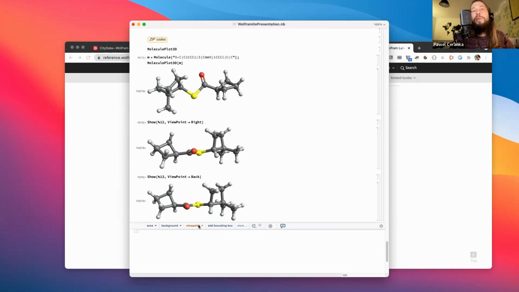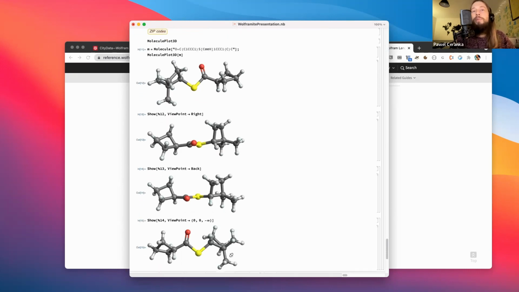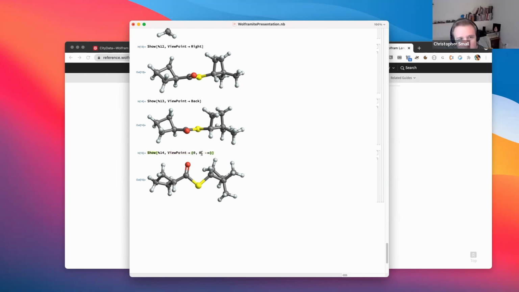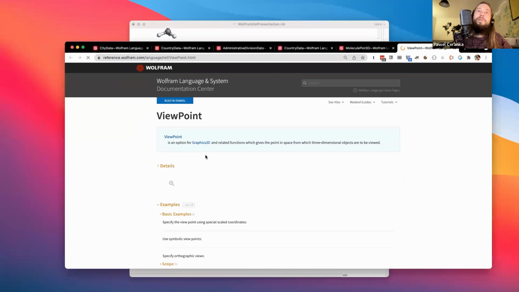If you get to know which ones are available, you could just map over those viewpoints and see what it is. Essentially, it's just a named parameter, and you give it this little thing. Maybe it actually can be continuous, because it looks like it could be. Right, yeah, that's some sort of rotation. Let's see if there is documentation for this viewpoint.